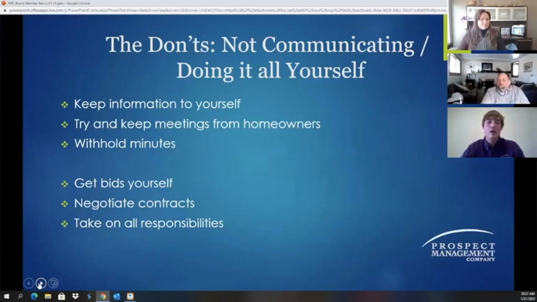Again, having all your board members review and approve the minutes via email afterwards is a great way to get the minutes out to owners quicker. You again need to make sure you have a unanimous decision before sending those out, but then at the next board meeting, you want to confirm that decision. Any decision, again, as Mike was saying earlier, made interim in between meetings should be confirmed in the minutes of the following meeting. You want to try not to get bids yourself.